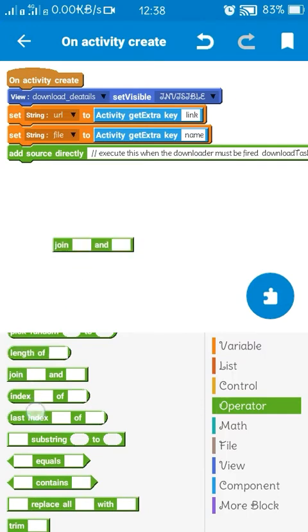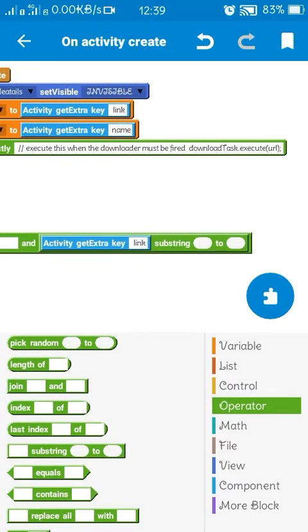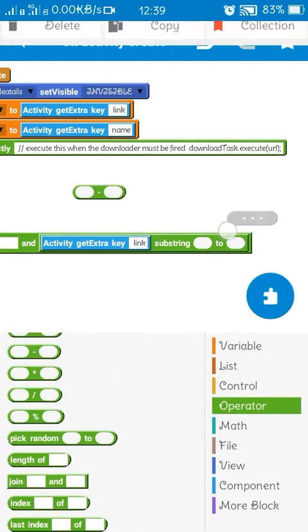We will combine the last four characters from the link with our name to get a proper name with correct extension.